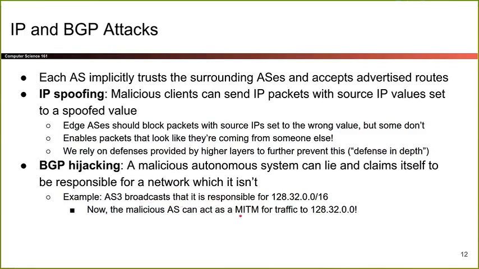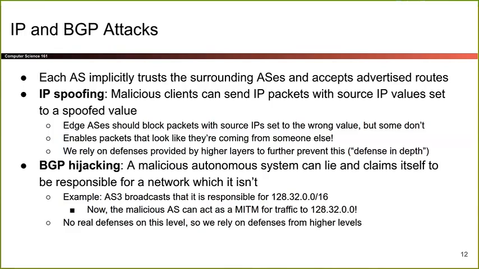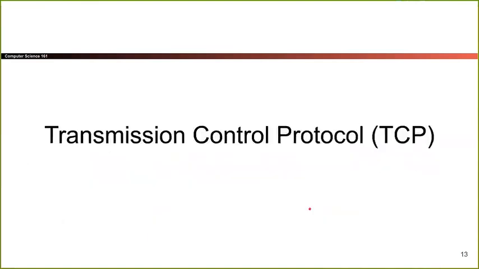And that lets you be a man in the middle, because now anybody who wants to send a message to these IP addresses will send it to you. You can now modify this message however you want and then forward it to that legitimate IP address. So again, kind of similar to what we saw yesterday, which is if you claim something, then people will generally just trust you and send the messages to you, and that lets you be a man in the middle. Again, there will be a higher layer defense against this, so stay tuned. Okay, so those are the attacks on BGP, and I think that's the end of BGP.